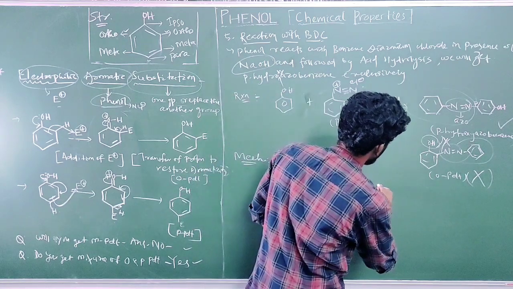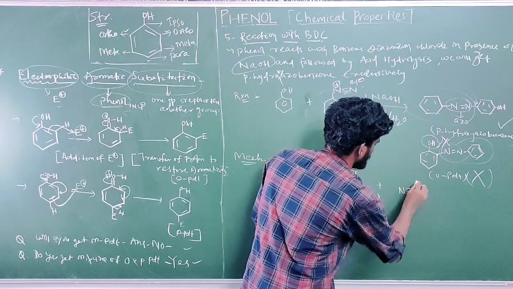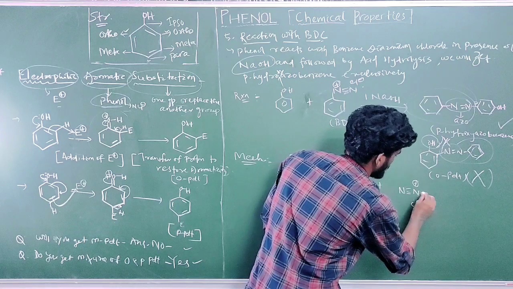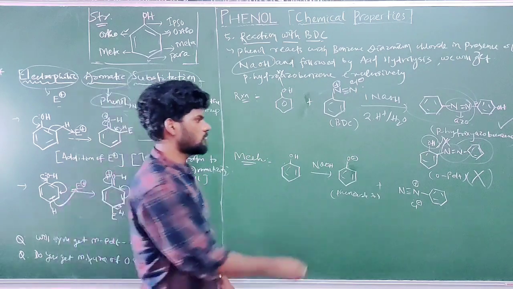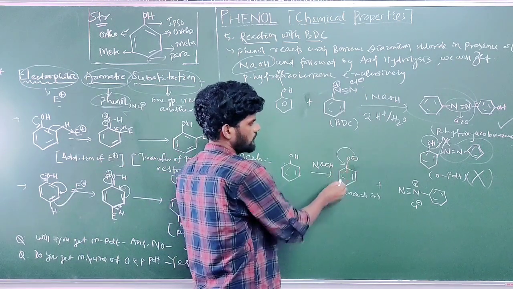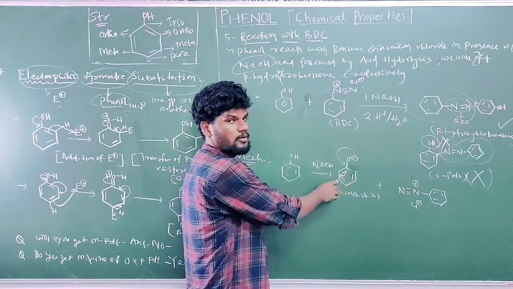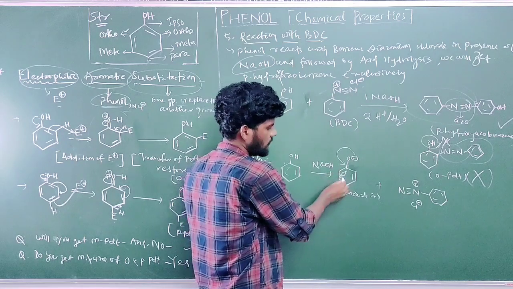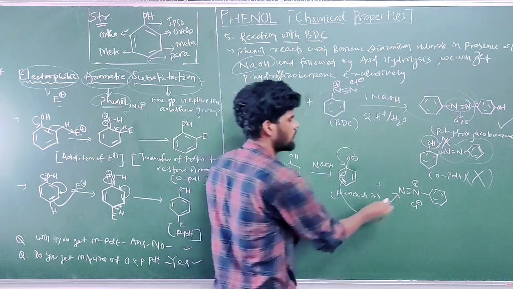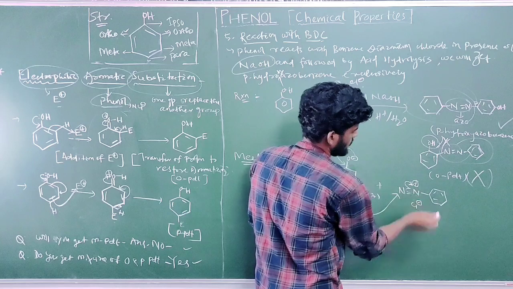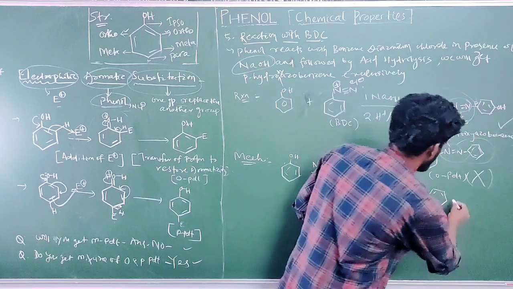Anyways, in the next step we are using BDC, benzene diazenyl chloride. Write the structure of BDC here: N triple bond N, positive charge on this nitrogen, and Cl minus here as the counterpart. This is benzene diazenyl chloride. The reaction goes like this. The O minus gives its electron to the ring, and this bond moves to this carbon-carbon single bond to form a carbon-carbon double bond here, a new bond, attached to this nitrogen, and this bond moves to the positive charge over the nitrogen atom to neutralize or stabilize it. Okay, this is a nucleophile-type reaction, simple.